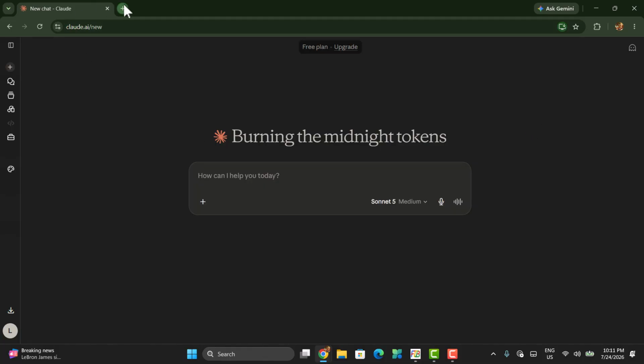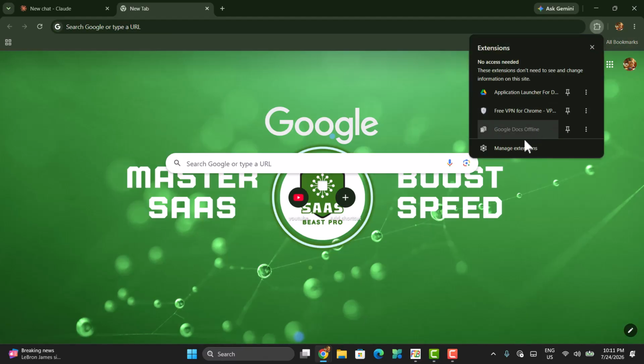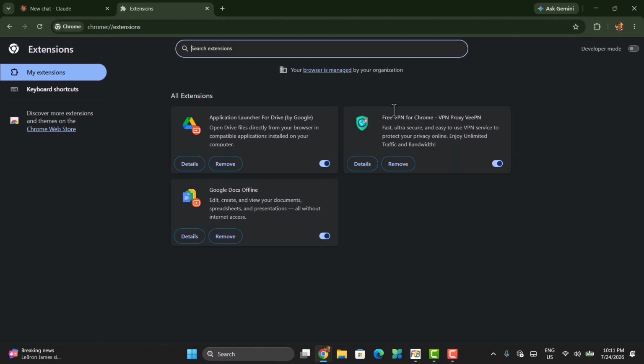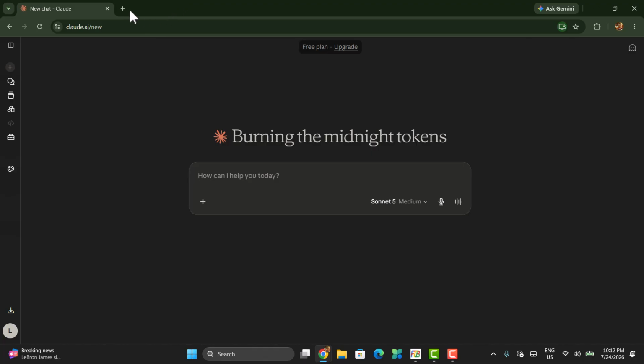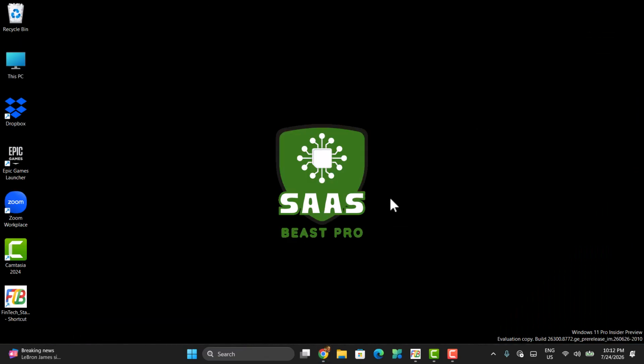Okay, now let's see, if this method doesn't work for you, you have to check if any kind of VPN is on or not. As you can see in my extension section, I do have a VPN, but I'm not using it right now. But if your browser isn't using any VPN, there are VPN settings in your desktop settings section. So click on this and see if it's on or not. In the search button,